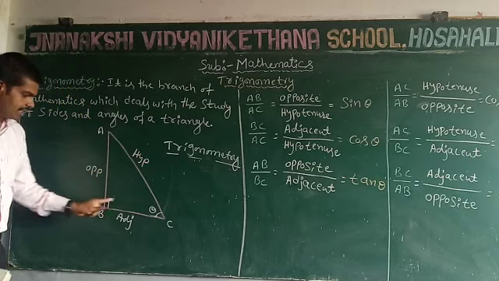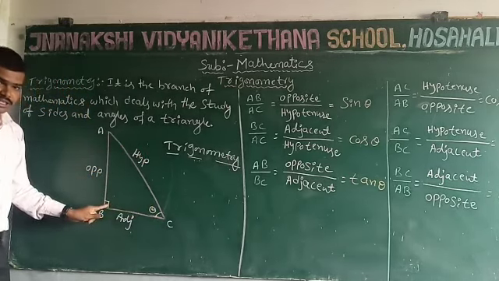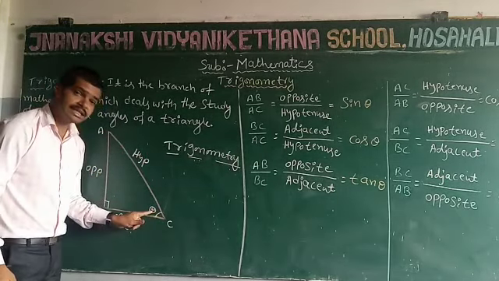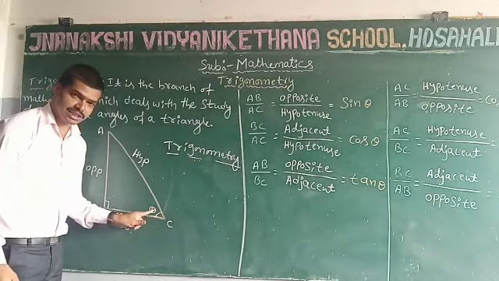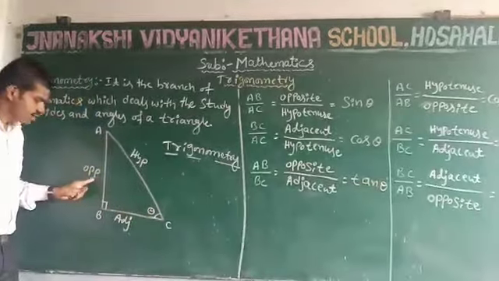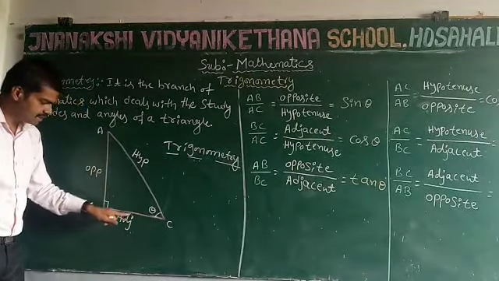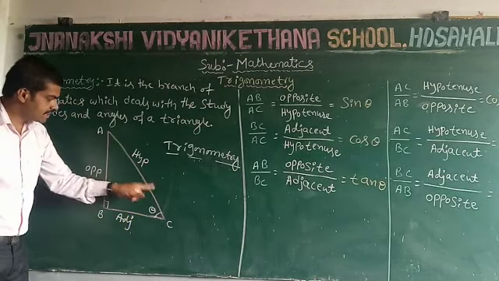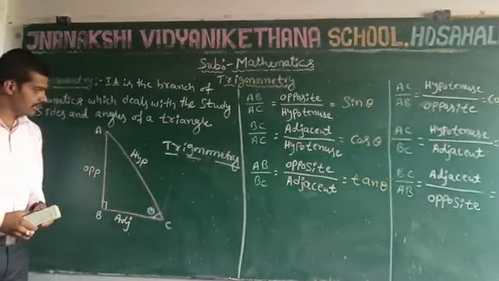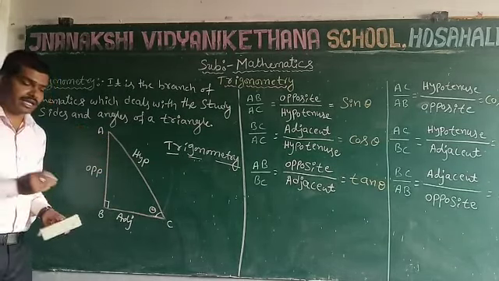In the right angle triangle ABC, angle B is equal to 90 degrees, and angle C is theta. If angle C is theta, then AB is the opposite side, BC is the adjacent side, and AC is the hypotenuse. Then if angle A is theta, then